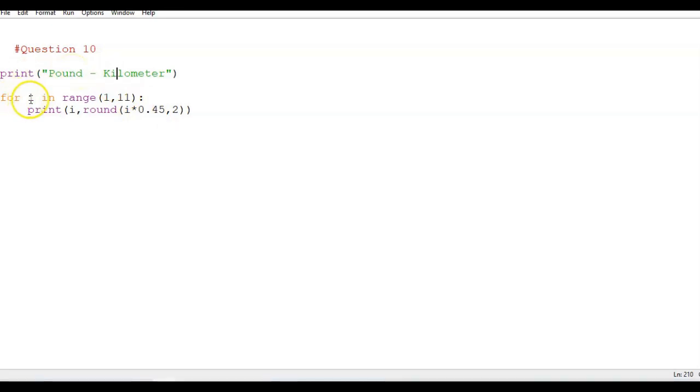Now you can see the for loop is here, i in range from 1 to 11. This time I have included 10 also, so it is going to display the output from 1 to 10, for pounds 1 to 10, and this will be converted into kilometer. The formula you know very well, i into 0.45. The reason to use the round function is again the same. I don't want a big value. I just want 2 place values after the decimal, so for that, comma 2. i is the pound value. Again, I am repeating: if you multiply this value by 0.45, you will get the equivalent kilometer value. The round function is optional.